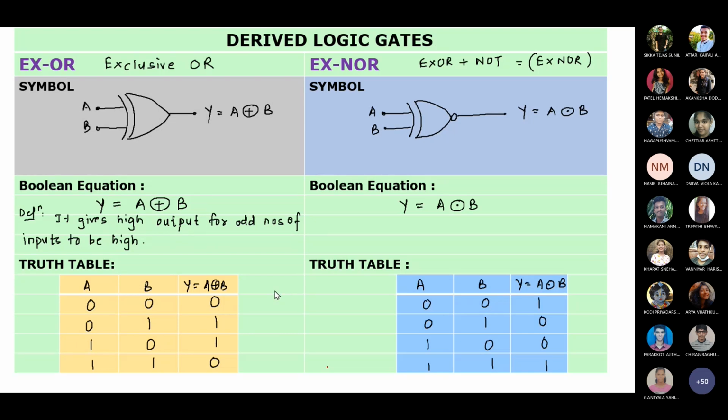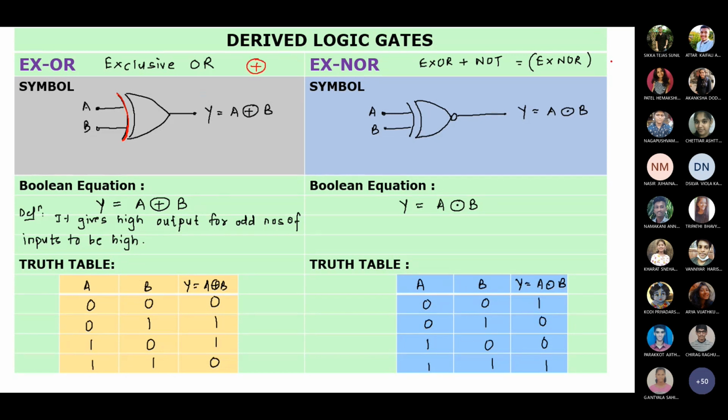So let's see first the exclusive OR. This is the symbol of the exclusive OR gate. The OR gate's fish-like symbol is the same, only you can see this extra layer. This layer tells you how it differs from the inclusive OR. So this is exclusive OR, XOR. A, B are the inputs. The symbol of the XOR operation is a plus and a circle.